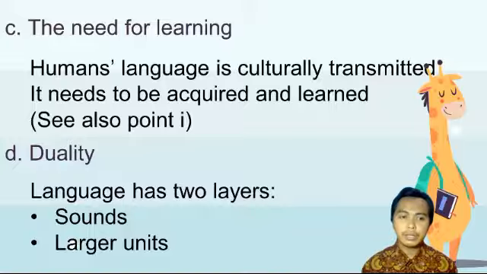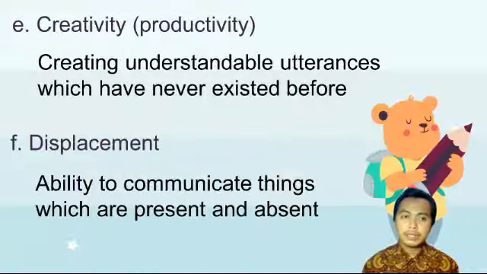Language has two layers because human language works quite differently to animals' language. Each language has a stock of sound units. The basic sounds are quite similar to the animals', but the variations are bigger. Usually, the average number of sounds in each. Next, creativity, which means that